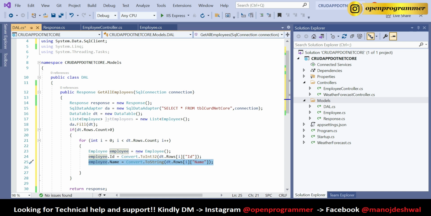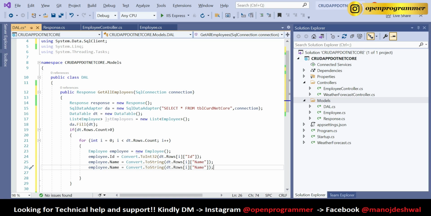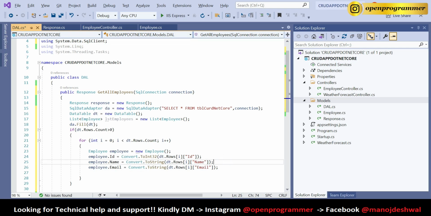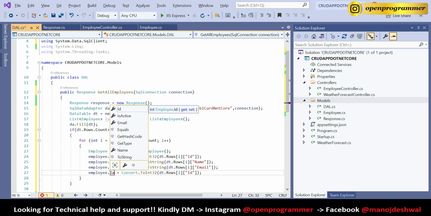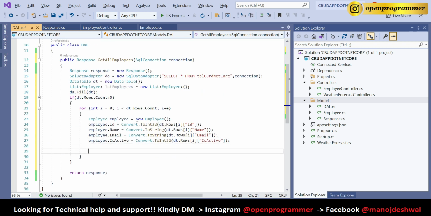So let's copy this and change the property as email for class and the database. And now is active. So let's copy this integer part because is active is integer, and change is active, copy and change the field name. Perfect. And finally,